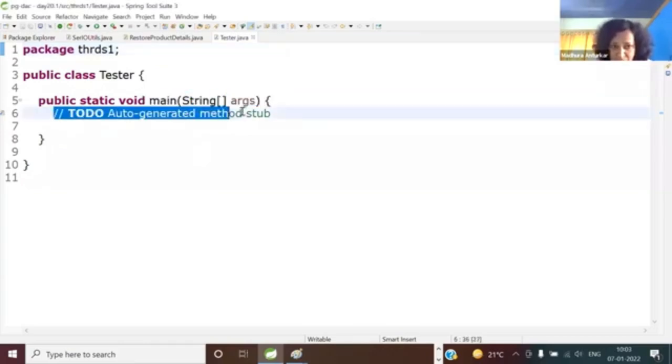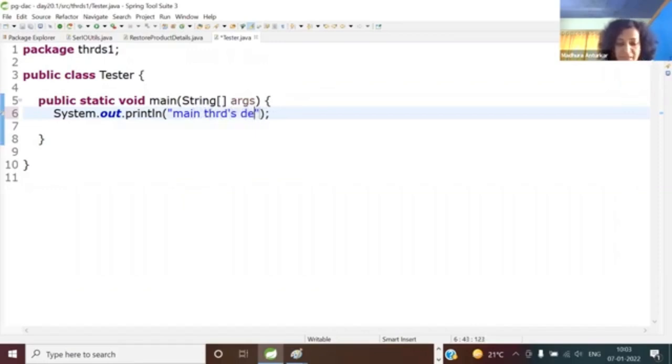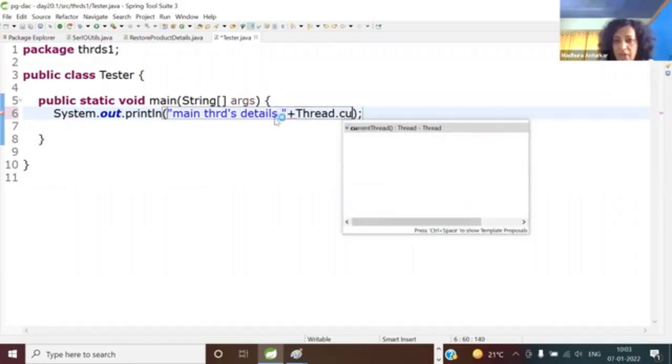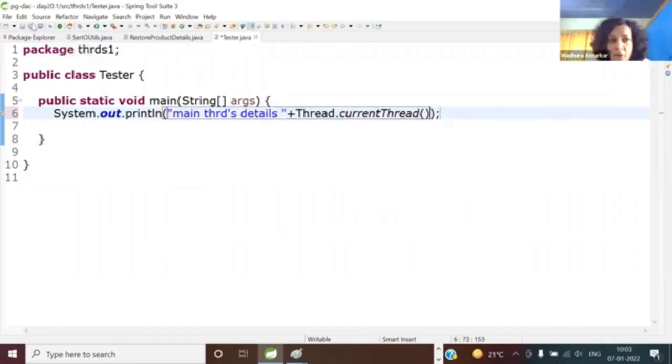So here I just want to print the main thread's details first and let you know. I'm saying main thread's details because in the same manner I'm going to show you our own threads after the break. So if I say Thread.currentThread, all I want to ask you is